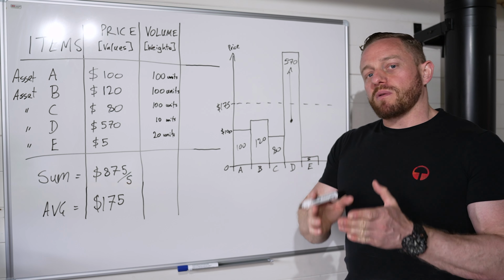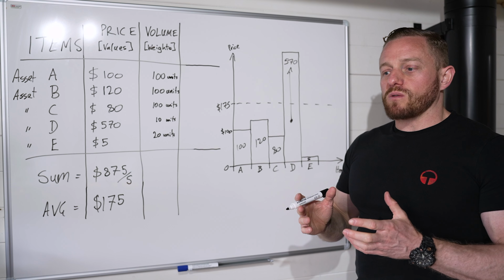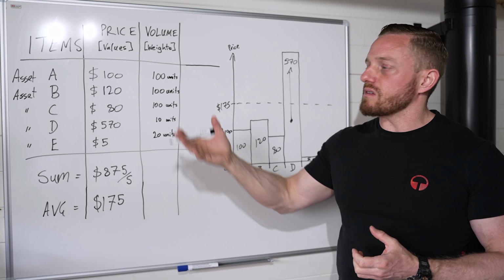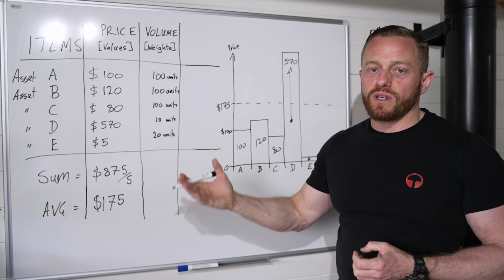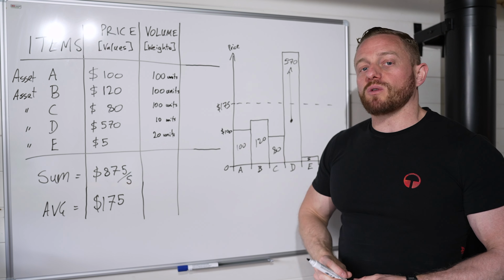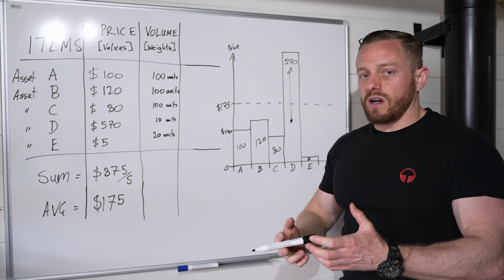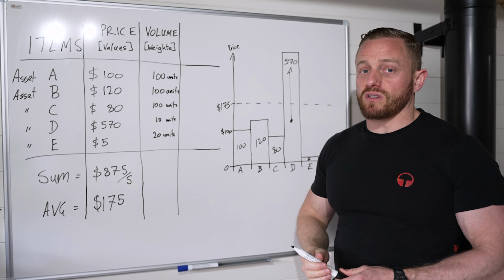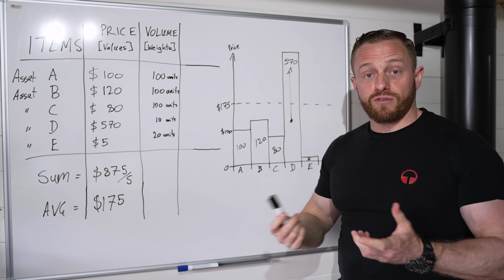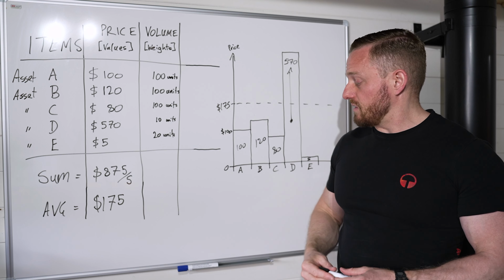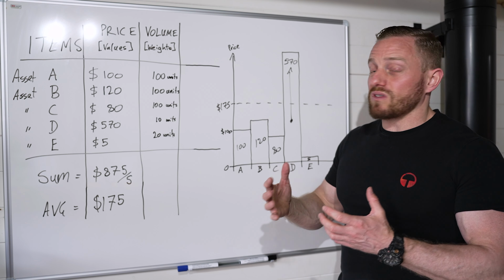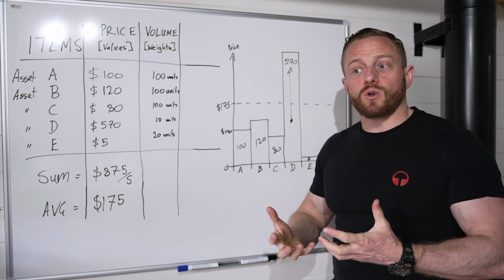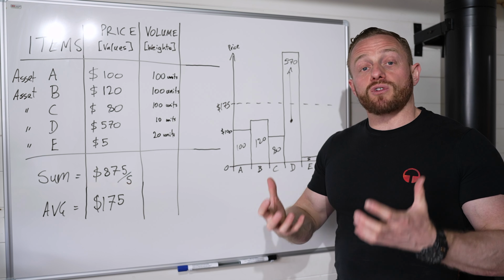The problem is here, we're interested to know what's the average price that people are paying for these assets in, say, this particular sector or industry. And it may be that that's skewing the result. So the way to overcome this is to apply weights to each of those prices. And we can do that using the volume or quantity transacted, because really we're only interested in the assets that lots and lots of people are buying or selling in large quantities,